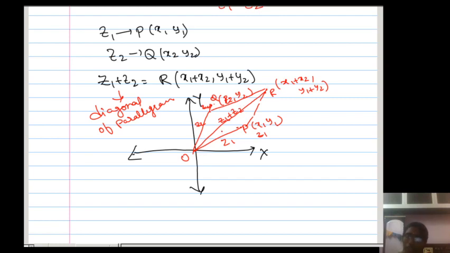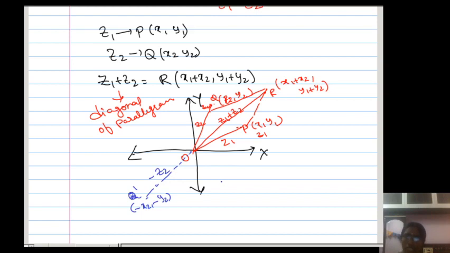Next, what is my subtraction? Now I am extending the same part. I will take this for subtraction, so another color, I will take blue color. In the case of subtraction, z2 is (x2, y2), so what about minus z2? It is in the third quadrant. 2 comma 3 lies in the first quadrant; minus 2, minus 3 lies in the third quadrant: minus x2 comma minus y2. This is Q2, Q dash, which means minus z2. This is minus z2.